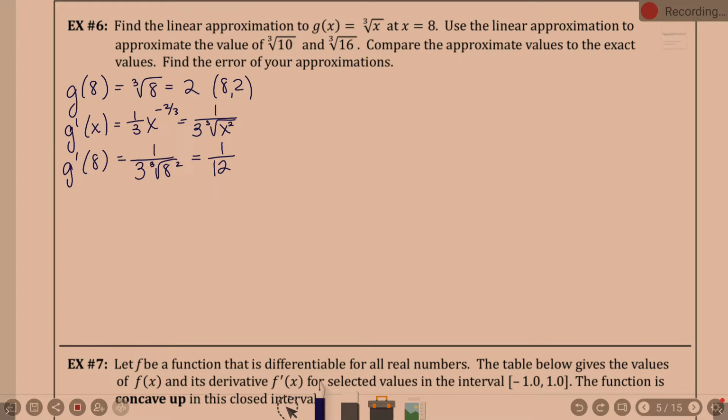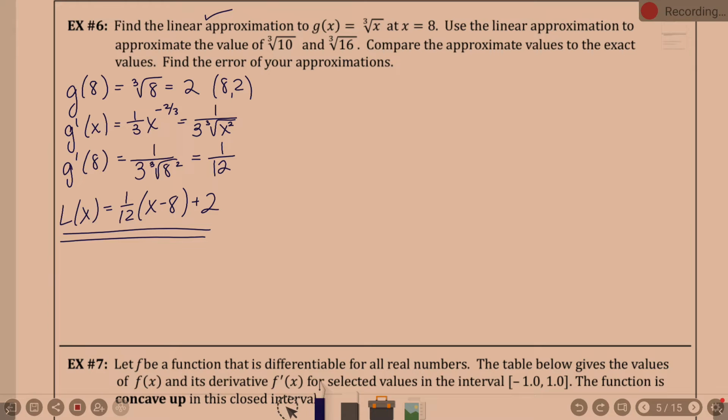So if I write my linear approximation, L of x equals 1/12 times x minus 8 plus 2. Sound good? Okay, so find the linear approximation. Okay, check. Use the linear approximation to approximate the value of the cube root of 10 and cube root of